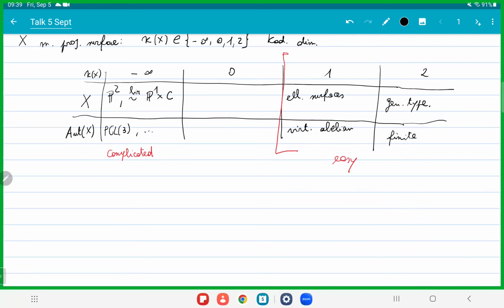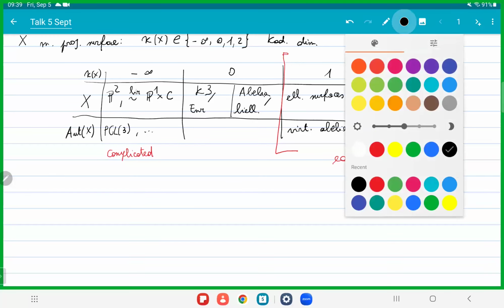And then we have Kodaira dimension 0, which is in between. There are 4 types of surfaces of Kodaira dimension 0, which we can put in 2 classes. On the left-hand side, we have K3 surfaces, which I'll define in a second. On the right-hand side, we have abelian surfaces, which you probably know. They're just smooth projective surfaces that have a commutative group law. And we also have their quotients. That's not too important. Here we have the Enriques surfaces. Here we have bielliptic. It's not so important.